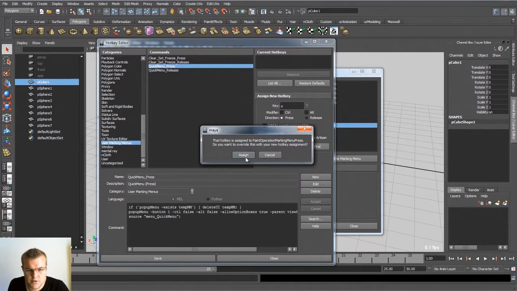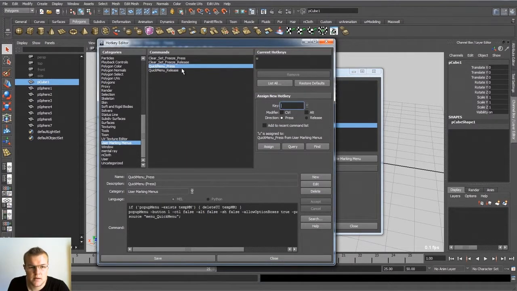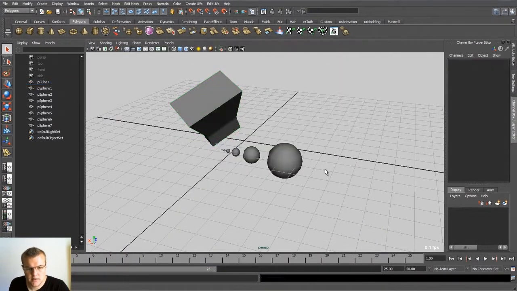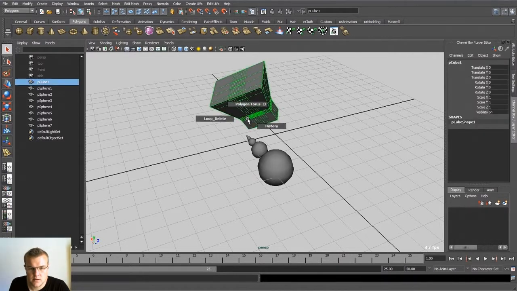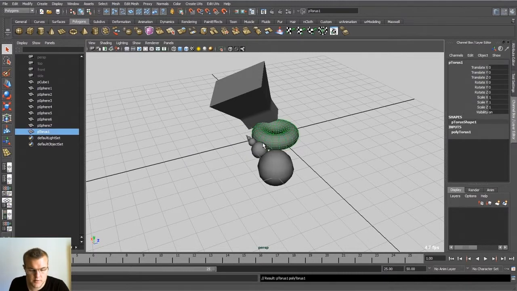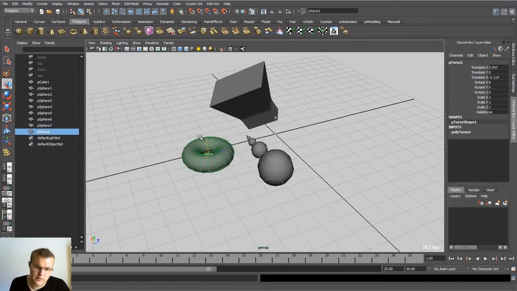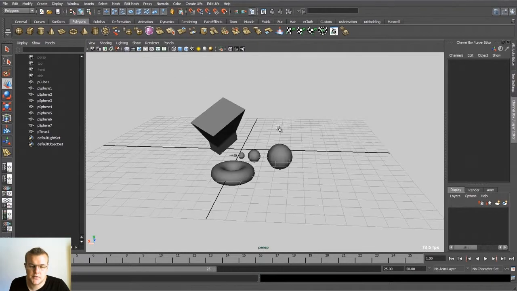Okay, I just take the U now because I won't need that. Okay, now it's set up for me. I can save that and close. To test that, you select your object, press U, or just create a polygon torus, and voila, it works. So it's pretty convenient and it's really easy to set up, and it really improves your modeling speeds and